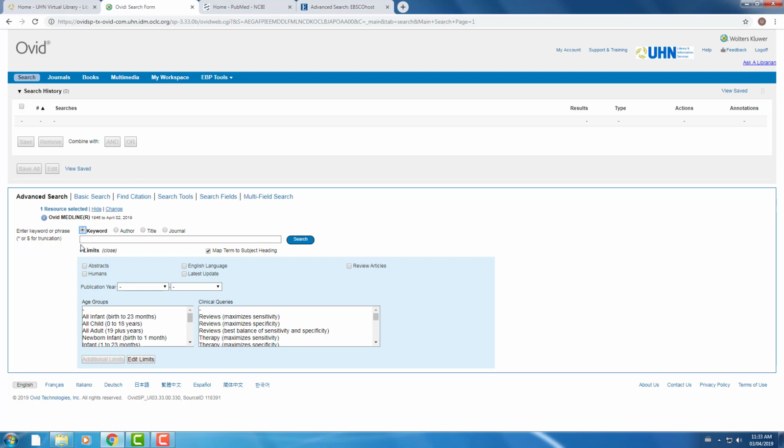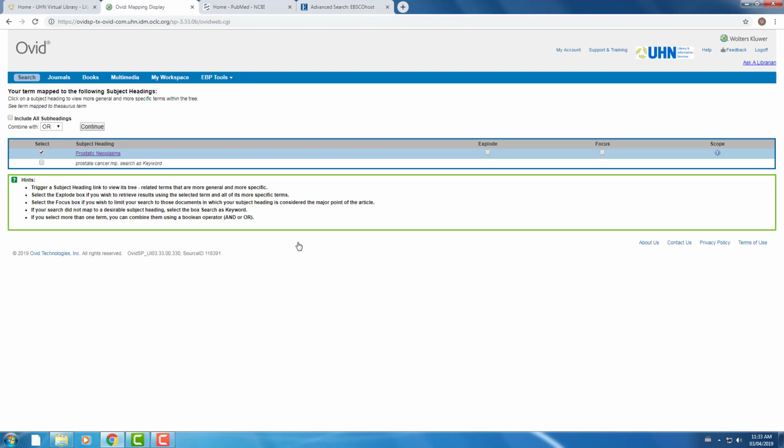First, we make sure that the Map Term to Subject Heading box is checked off. Then type in the term that we want to find a subject heading for. From our example, we're going to look for a subject heading for prostate cancer, then hit Search. The next page will show us a list of subject headings that appear frequently on articles that use the term we typed in. In our case, there is only one suggested subject heading, prostatic neoplasms, but sometimes there will be